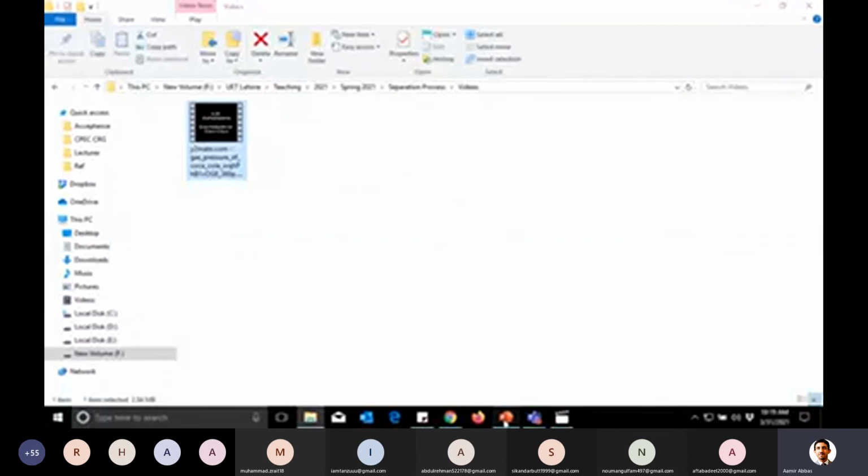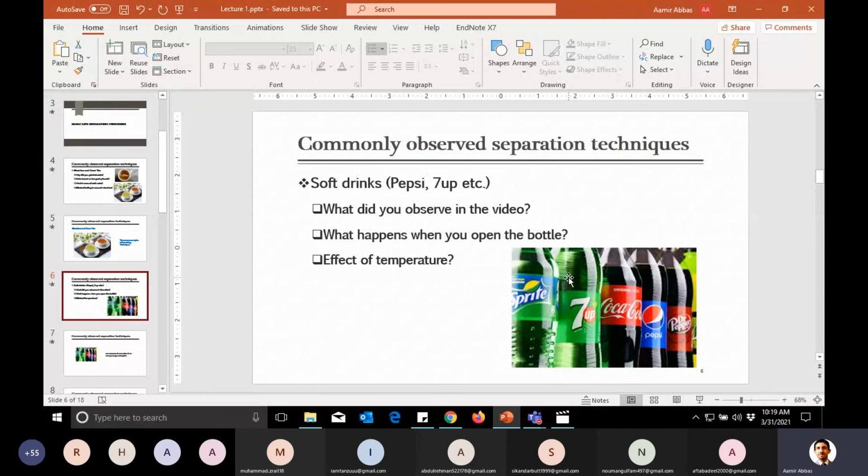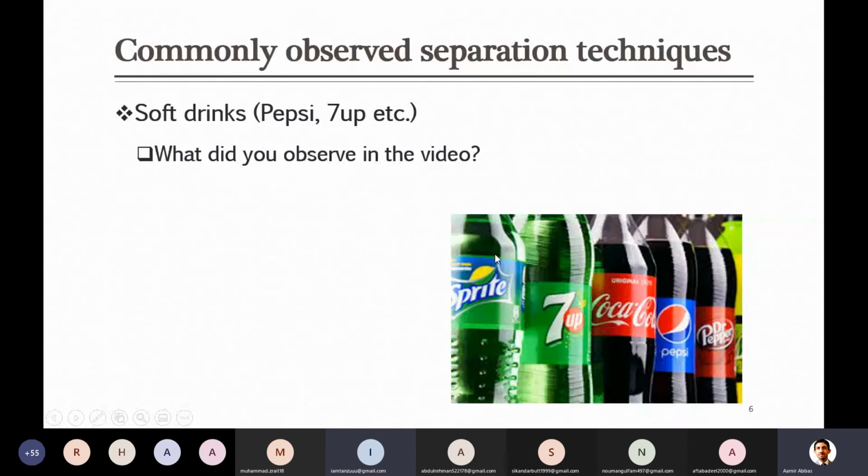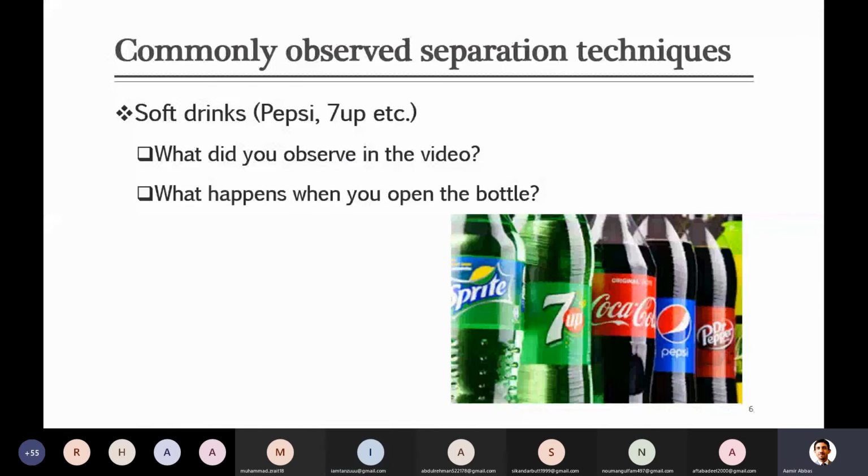Yes, guys, can you tell me what you observed there? Sir, we observed that there was pressure from the carbon dioxide gas inside the cold drink, Coca-Cola, and it said that almost 2 bar pressure is lost when we open it. So there is 2 bar of pressure created by that gas. Yeah, he measured it by the gauge. Right, so he's right. Hopefully all other students observed the same.